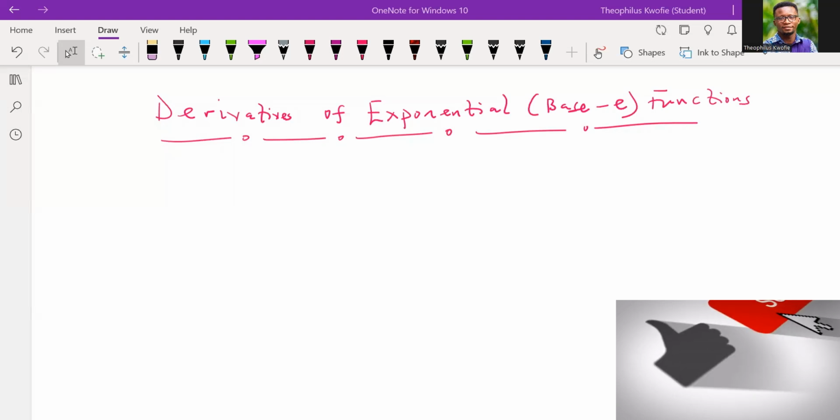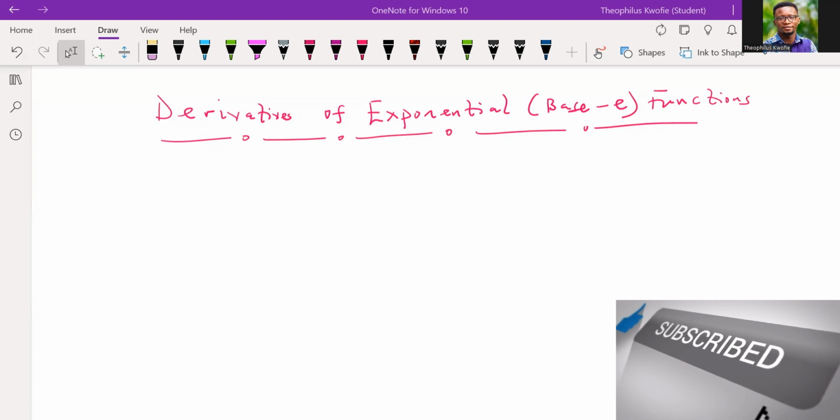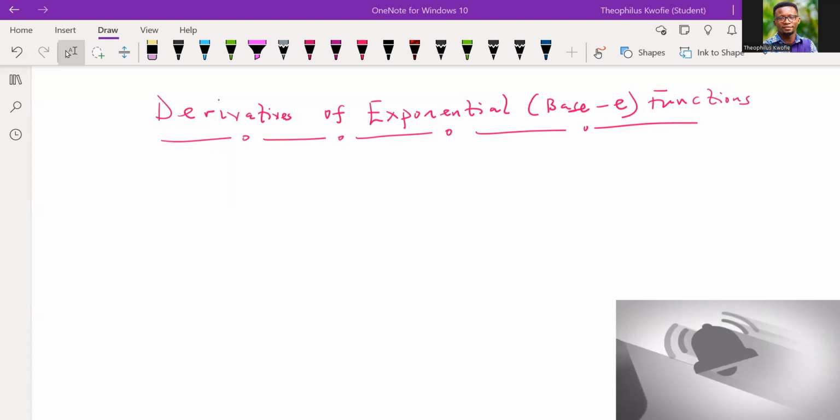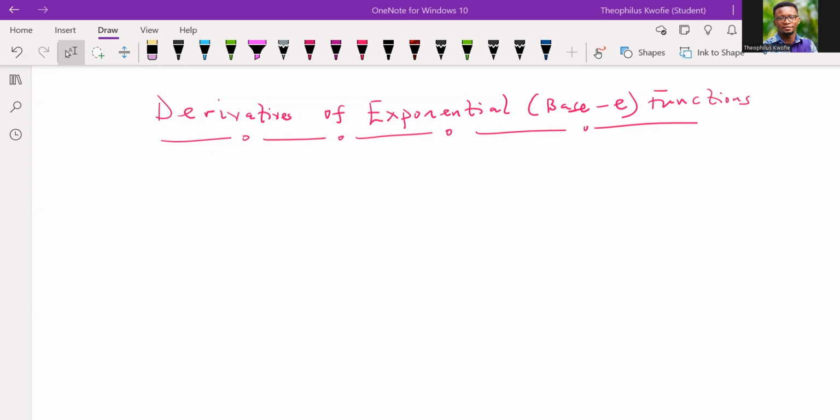All right. So today we are looking at derivatives of exponential functions. First, let's recall some of the basic properties of exponential functions. Usually, an exponential function has the form f(x) = a · b^x. So that is the form of an exponential function, where we claim that a is the